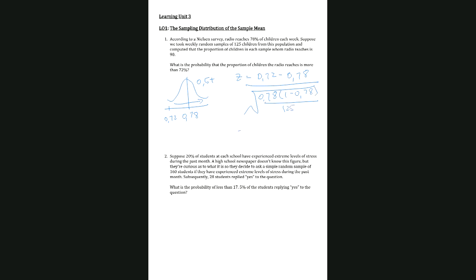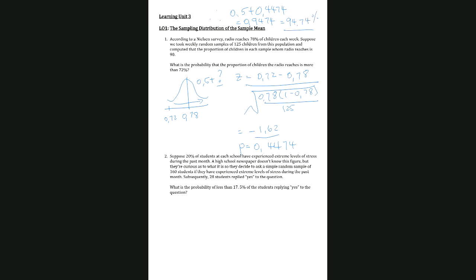This gave us minus 1.62. We went to table 1 of your appendix and we had determined that P was 0.4474. According to the rule, we'll be adding that to 0.5. So your final answer then would say 0.5 plus the 0.4474 is then 0.9474, which is